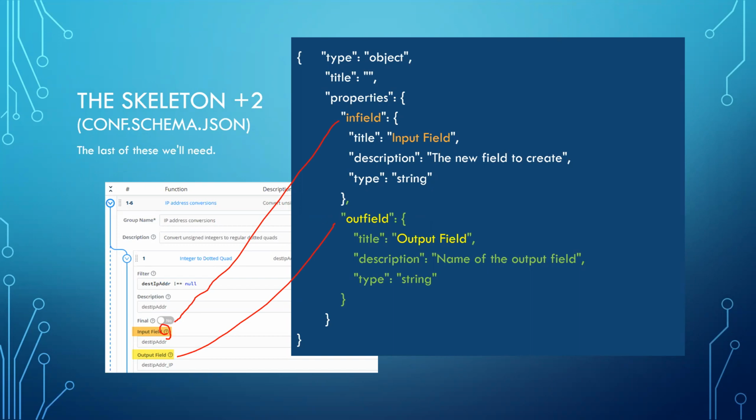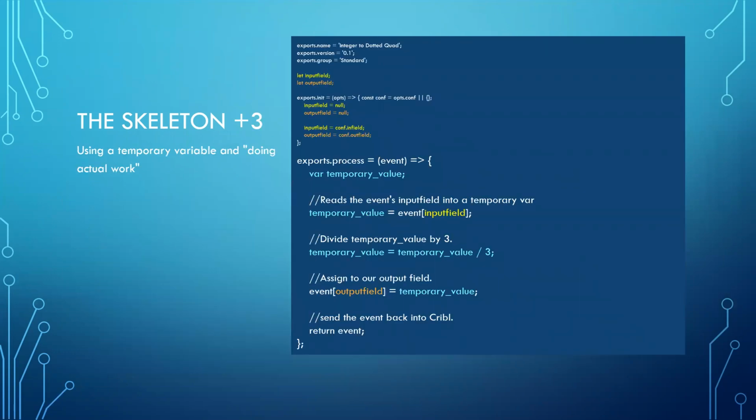All right. So the last thing, we have an input, we have an output, and we have a way to assign one to the other. But now we just need to do different work. So really, this is about the skeleton I think you should be presented with mostly, which is just to create a temporary value and then do work to it, right? We read in the value out of our event. We do something to it, in this case, divide by 3, which is a pretty dumb example, but it's fine. And then we just assign it to an output field and return the event. By the way, this is very important. It doesn't work right if you don't do that. Seems simple, but